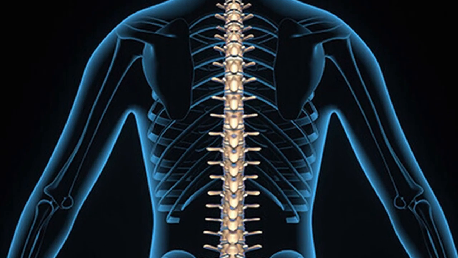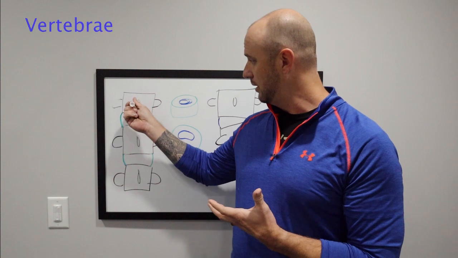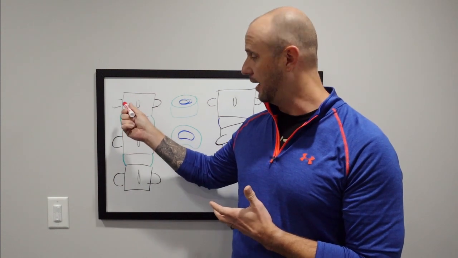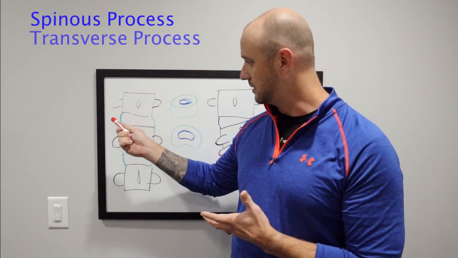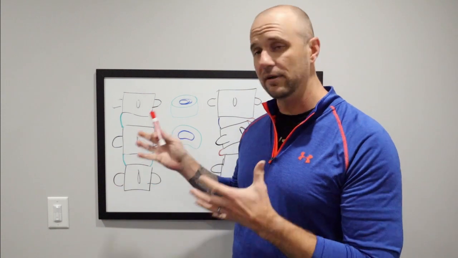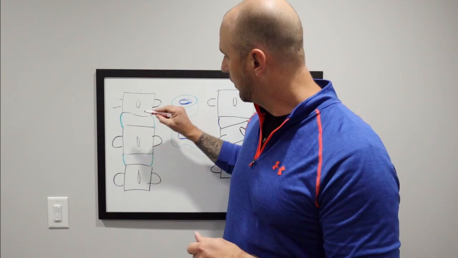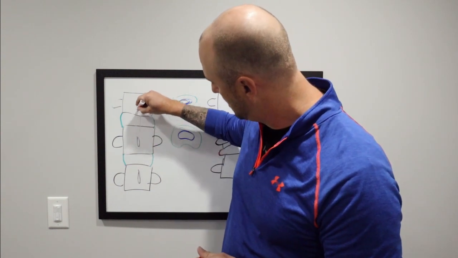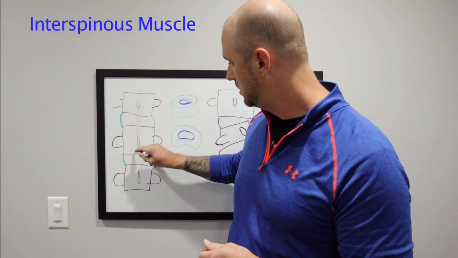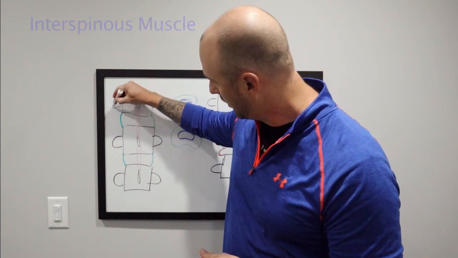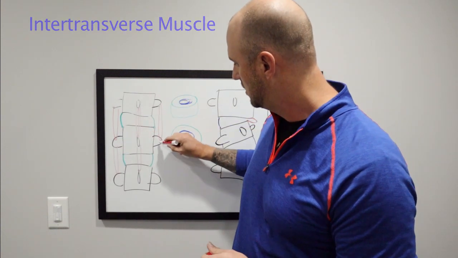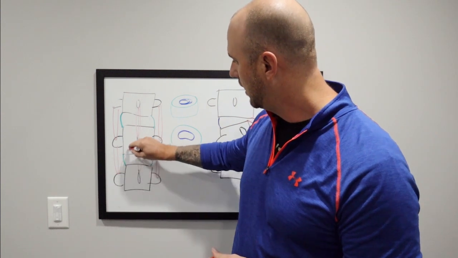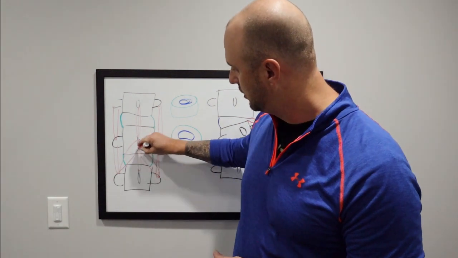Pretty basic stuff here. This is called the vertebrae. This is the disc, okay? And on this vertebrae, this is a healthy one, you've got a spinous process, transverse process on each one of these. Now, every lump and bump on any bone, there's gonna be a muscle attachment to it. So, right here, you got what's called an interspinous muscle, right? You got over here called intertransverse, right? And these are all called rotors,